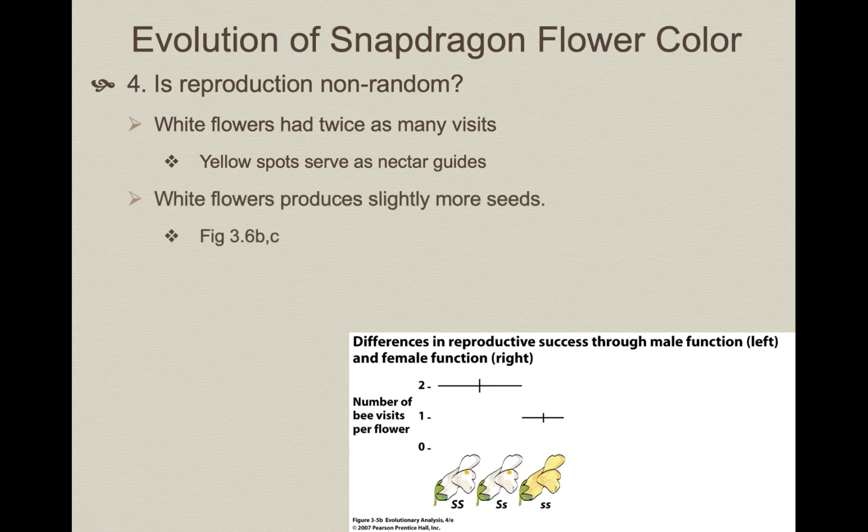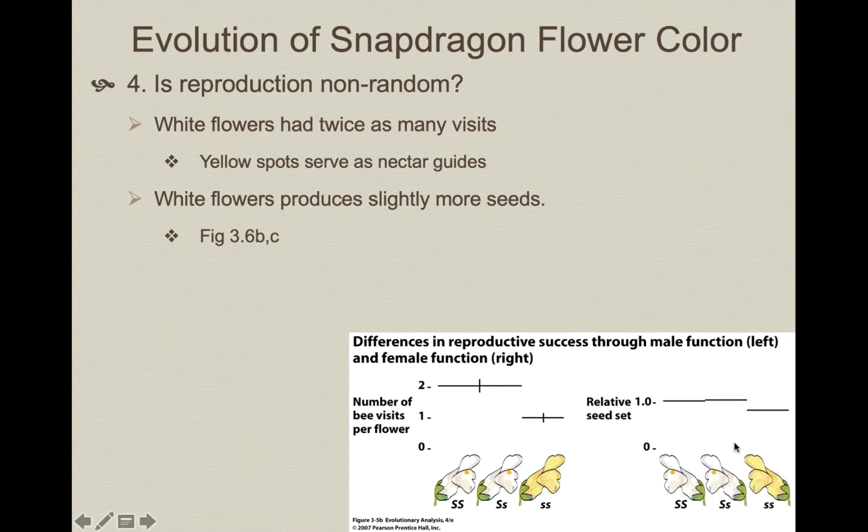And sure enough, this led to higher fitness. White flowers did produce more seeds, as being shown here. The yellow flowers, they did have some fitness, right? But the relative fitness is higher in the white flowers. And again, fitness is a competitive venture. Individuals that are going to have the bigger impact on their species are those that maximize their fitness,